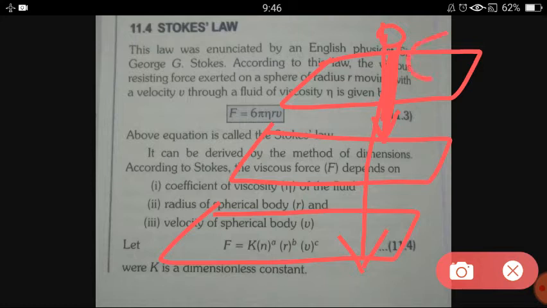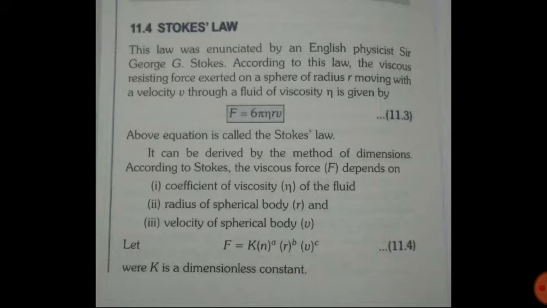But if the object has to come down, it has to penetrate the layer, and in the course of penetration obviously the molecules have to be separated from each other. But because of the intermolecular attraction force, the molecules don't want to go away from each other, and that's why they apply a resistive force on the object. So that force is also a viscous force, and its value is given by F equals 6 pi eta r v.